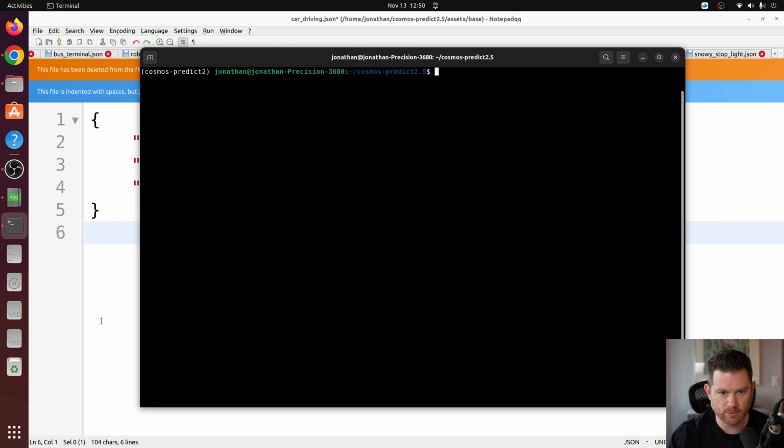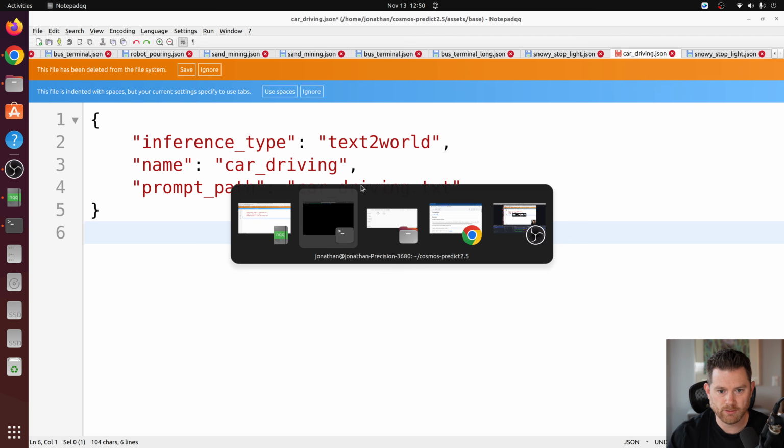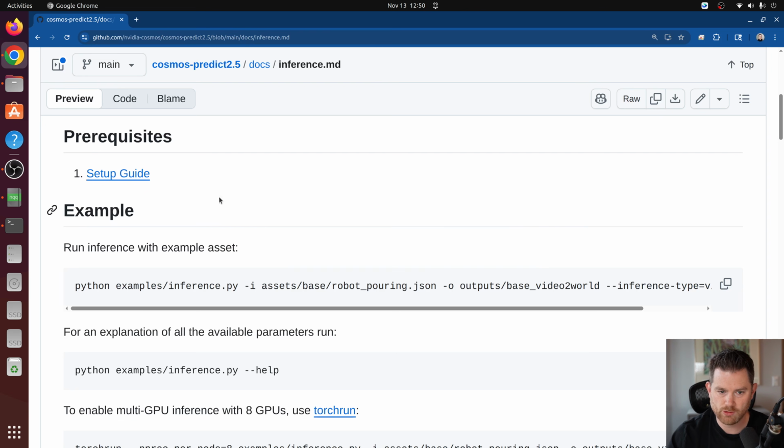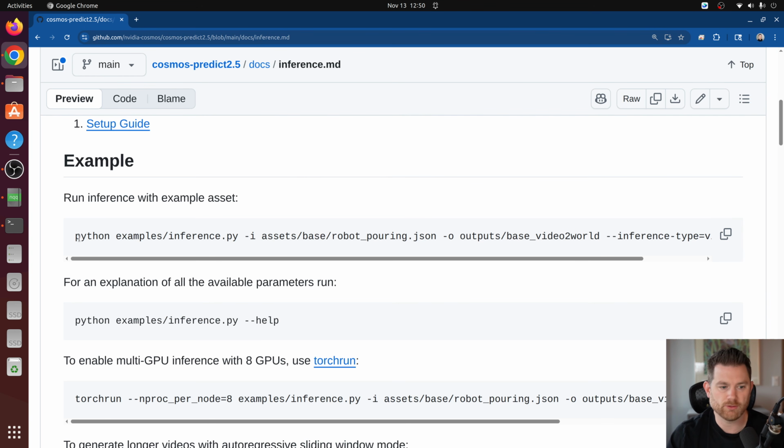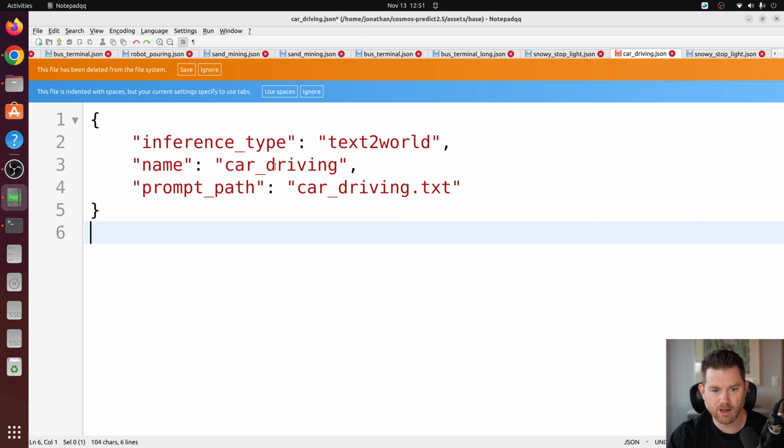Okay, so now I'm in my terminal, and I basically just go back to the instructions page, and we're going to run this first example asset, this first line here in the example section. Basically, this will run anything you need. And we're running basically a Python script. So you run python examples/inference.py. If I just copy that section